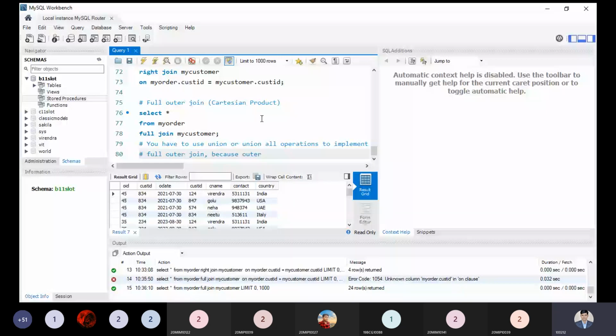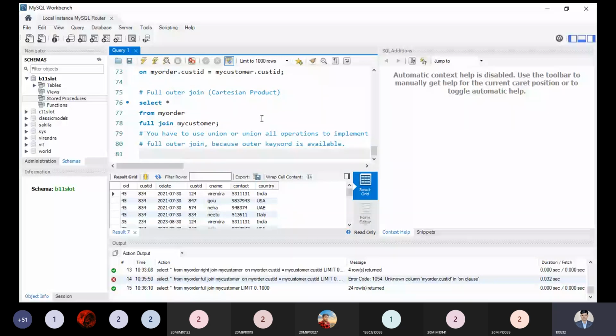That is the reason. If I'm using the full join between the my customer and my order table or relation, it is treated as a Cartesian product and duplicacy will be there. That's the reason most people will not like to choose the full outer join in MySQL. But if there is a need, then we have to use the union or union all operation.